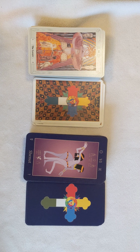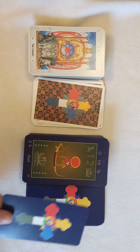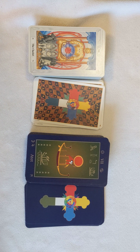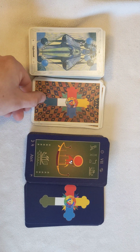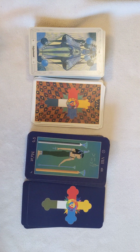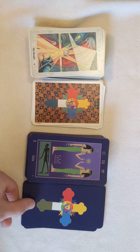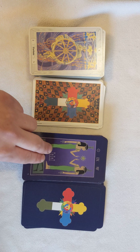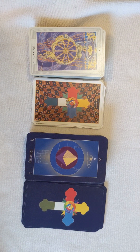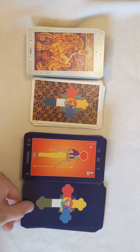So in the book, the Egyptian Tarot of Thelema, Oliver St. John explains why each card has a different name than the standard interpretation. But some of these are just the Egyptian versions of the tarot trump. Although there are definitely some differences, which is the main reason why I wanted to do a side-by-side comparison,